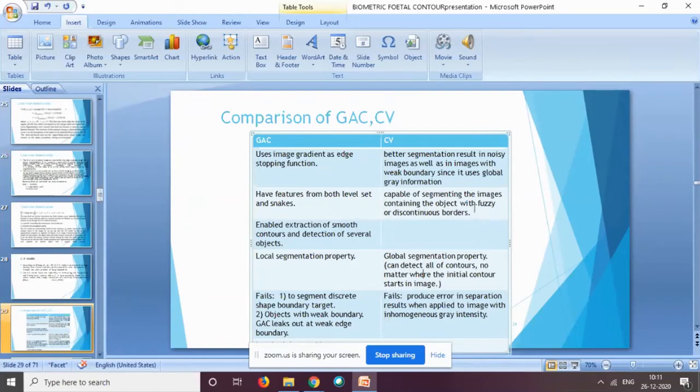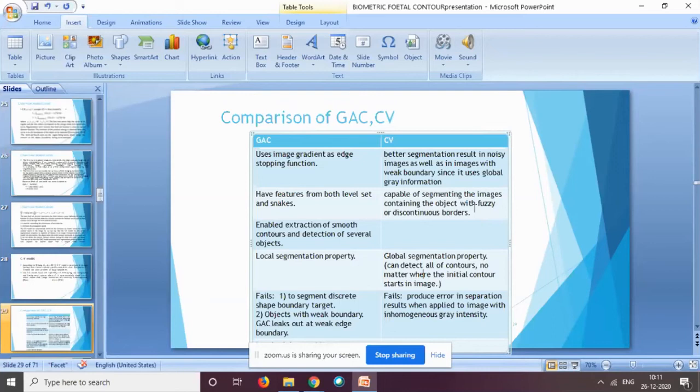But what is the drawback of the CV model? When we have inhomogeneous gray intensity, whenever the intensities are not uniform, the CV approach fails. So for that we have modified the Chan-Vese approach. In the Chan-Vese we have two approaches: one is a global approach and another is a local approach.